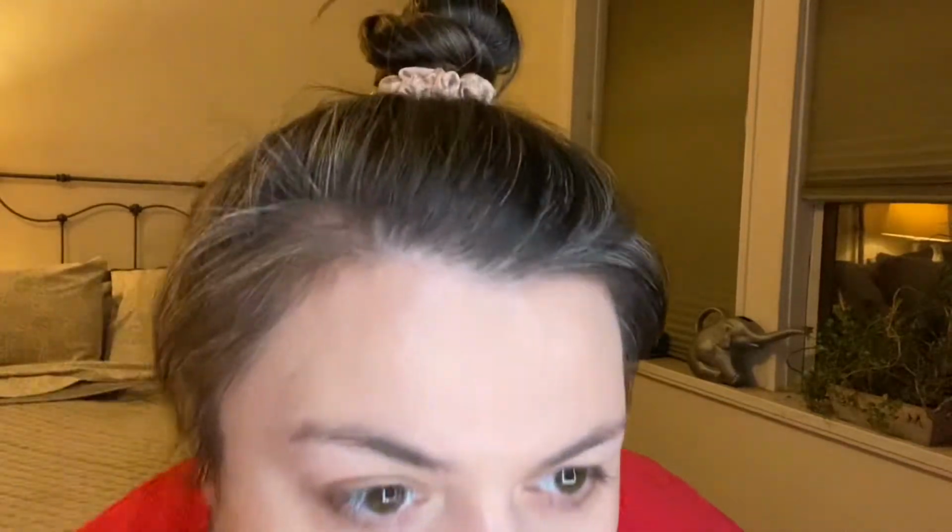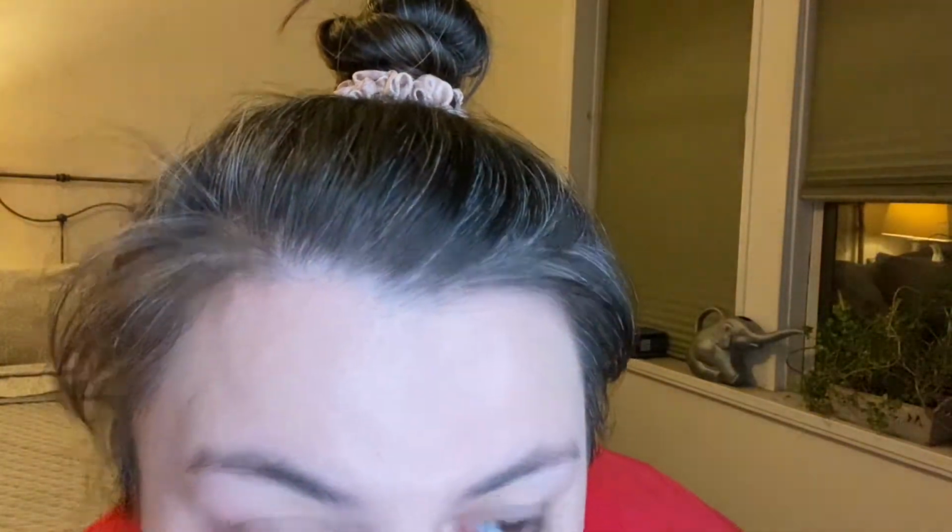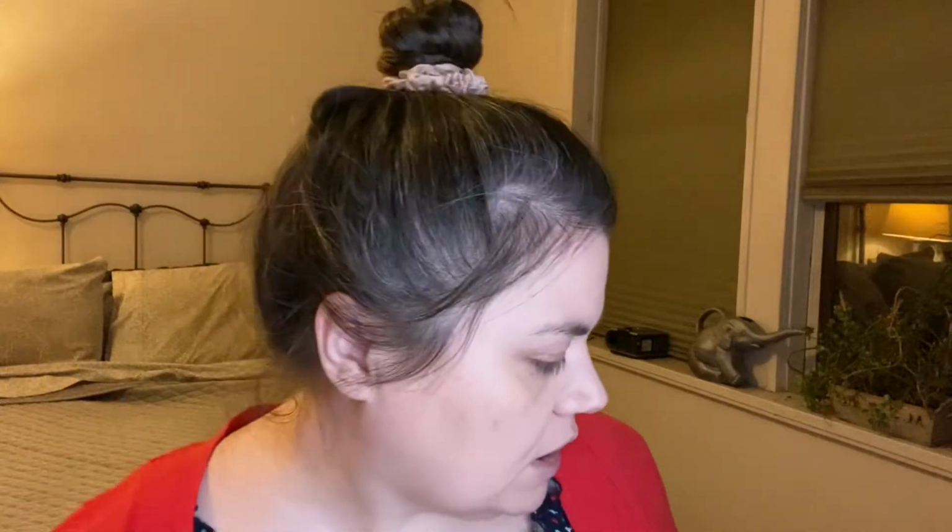So, oh, what did I just put under my eyes? I should have probably put this on before, but this is an eye contour gel from Clarins. I was wondering to see if it would hydrate my under eye a little more before I put on concealer. But I'm thinking now I'm going to put on some eyeshadow,